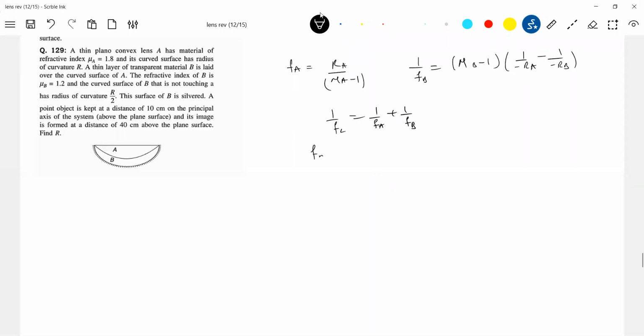Then FM, the silver surface. This will be the radius RA. This will be radius RB. Am I right? And this is a plane surface. So what is FM? FM will be RB by 2. Then replace this effective by this formula. Shall I put a condition like this? This will be a much easier method, I feel. Then what is this? This is a curved mirror. Based on the value, you should replace here. I solved in class. It's available in notes and also there in SC Verma. Please go through once. They'll help you.